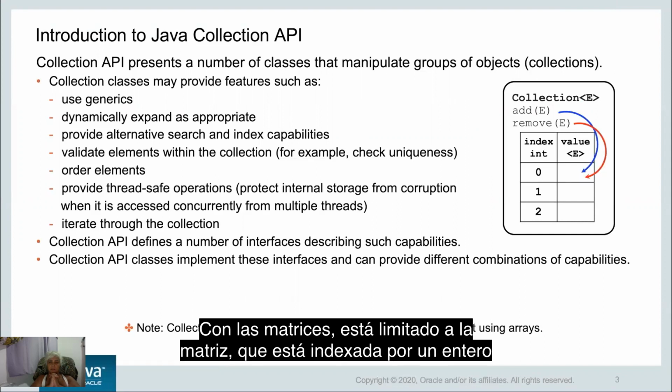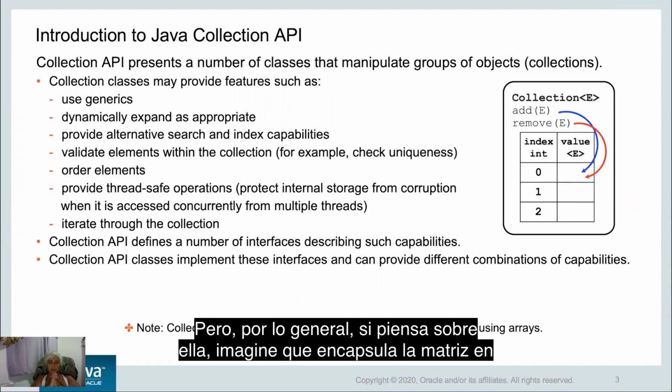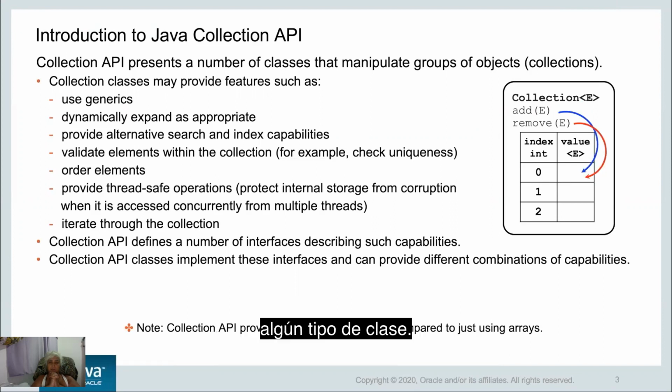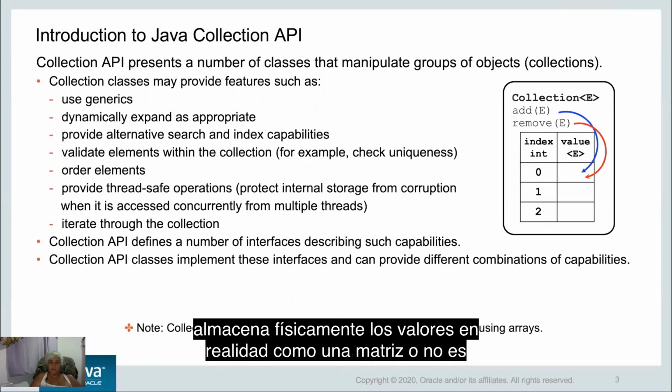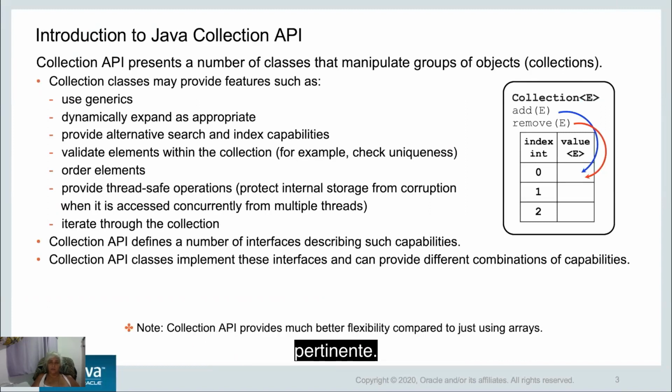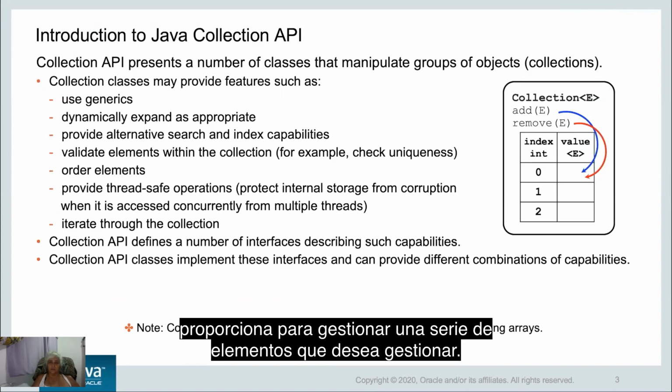With arrays, you are confined to the array, which is indexed by an integer and is of a certain type, right? But generally, if you think about it, imagine you wrap up the array into some kind of class. Well, in that case, that class can provide you various automations. And whether it physically stores values inside as an array or not is kind of irrelevant. The point is you've got the behaviors that this outer class provides to manage a number of items that you wanted to manage. So for example,